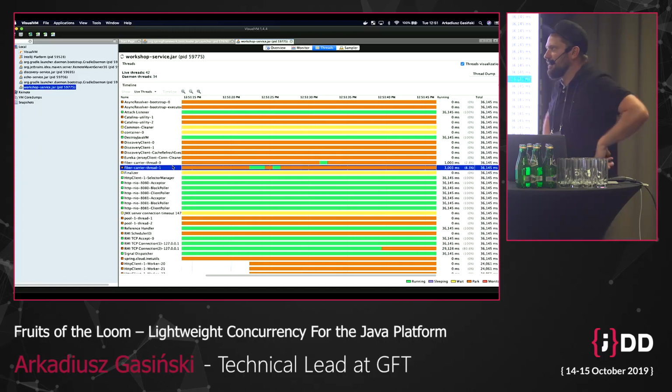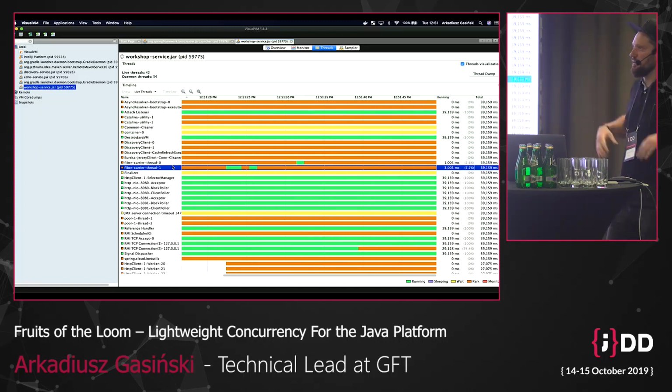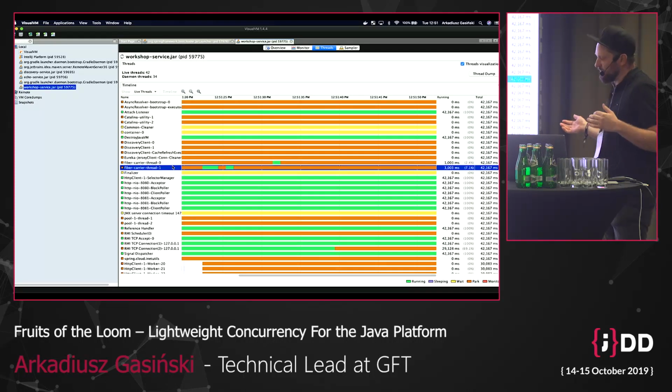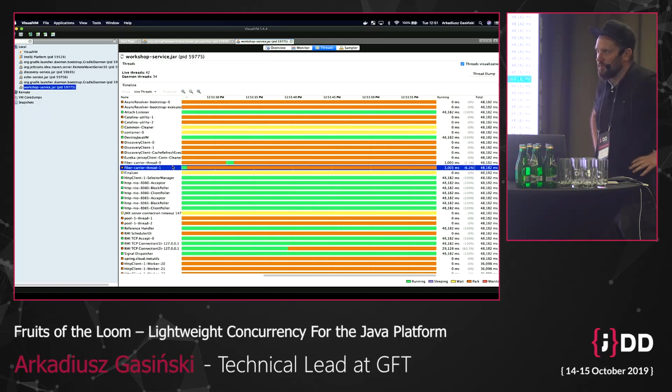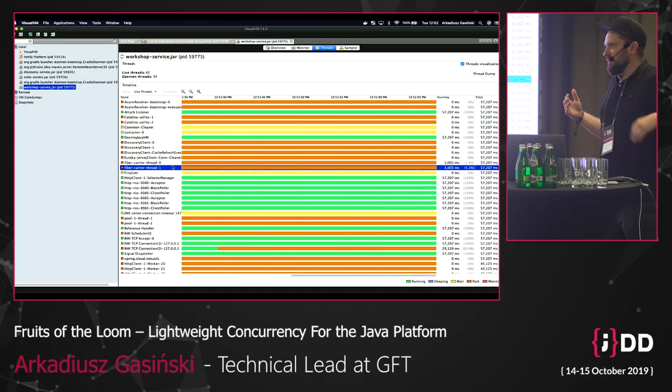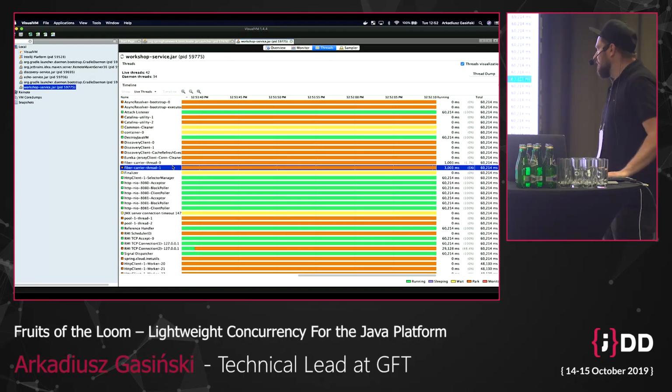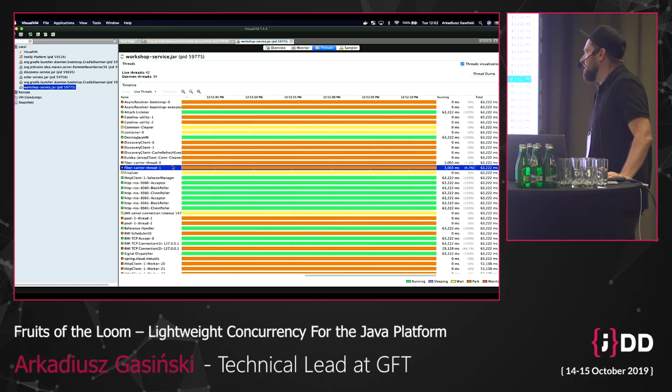And actually, I didn't mention that, but fibers are good for IO-bound applications, which are the applications that do a lot of IO operations, and they are not that good a fit for CPU-bound applications. So if you have an application that uses CPU a lot and doesn't yield or pause frequently, then fiber may not be the best match for this type of workload, right? So essentially, the problems that fibers aim to solve are mostly concerned with IO-bound applications.